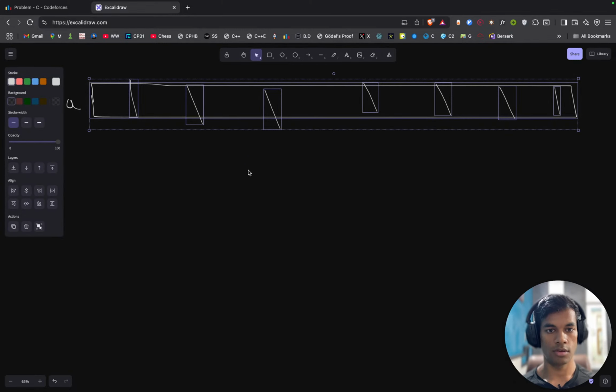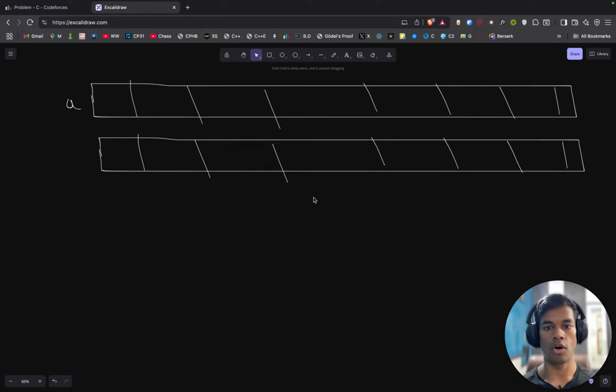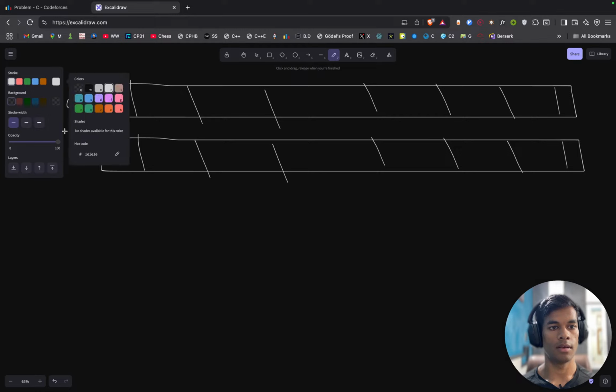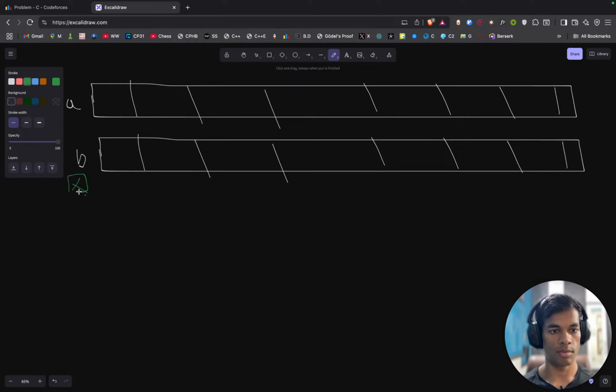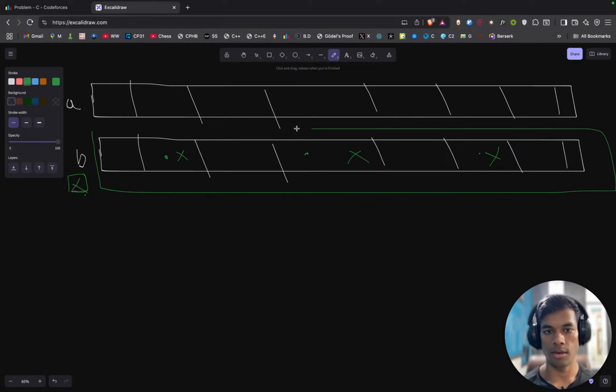Then there is Bob, who creates a copy of this array, calls it B, and then he also chooses some integer x, and he chooses some elements of this array and multiplies them by x. I am given this array, and my task is to figure out what this x